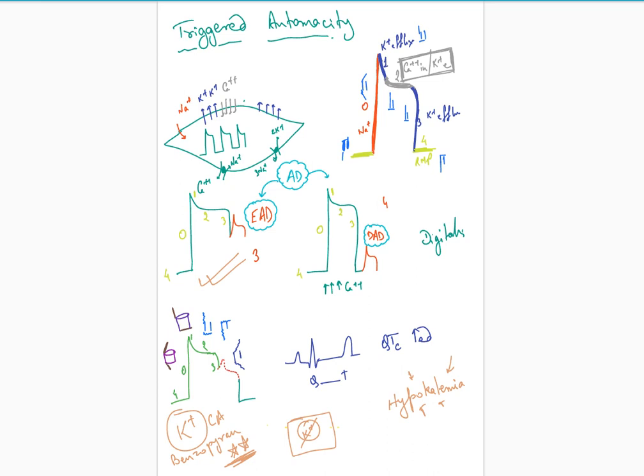Now, if you remember, last year we discussed in pharmacology lectures that class 1A and class 3 antiarrhythmic drugs are antiarrhythmic but they have a feature of QT prolongation. In this case the QT interval is already prolonged. So can we use class 1A and class 3 drugs?